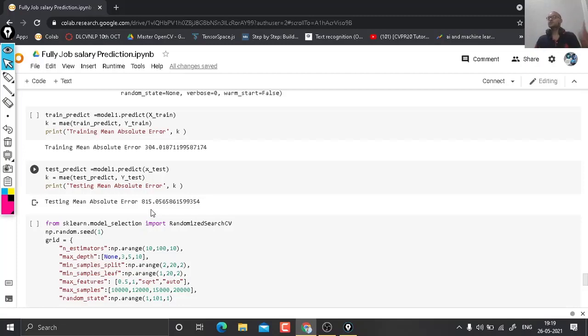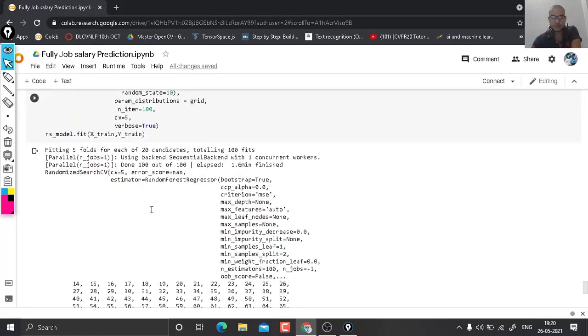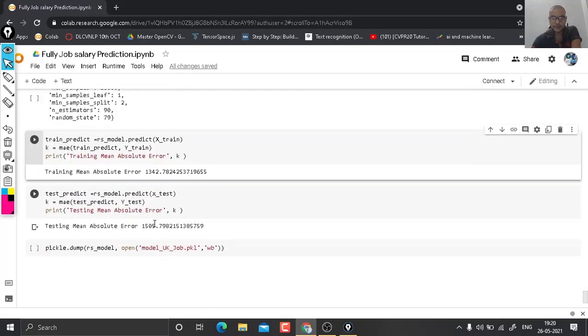If you score good marks in the board exam and less in the class test, then it is a case of underfitting. And if you score best in the class test and less in the board exam, then it is a case of overfitting. But if you score equal marks in both the class test and the board exam, then it is the best fitting. And after that we got the best fit as 1505 and 1342.